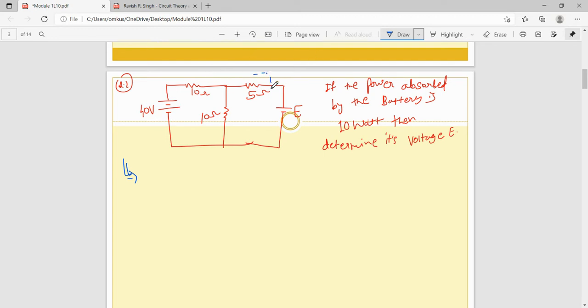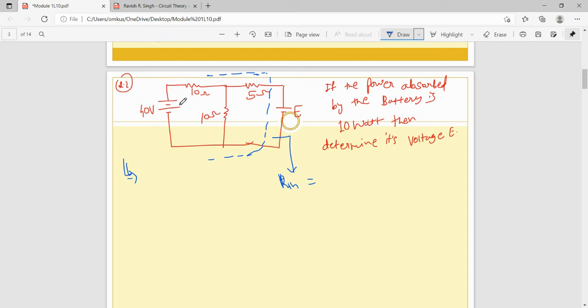First of all, reduce that circuit into single voltage and Thevenin's resistance form. Now see, what is the value of RTH here? When you find out the RTH, deactivate this active source. It means voltage source is considered as a short circuit, right? So what is the value of RTH?